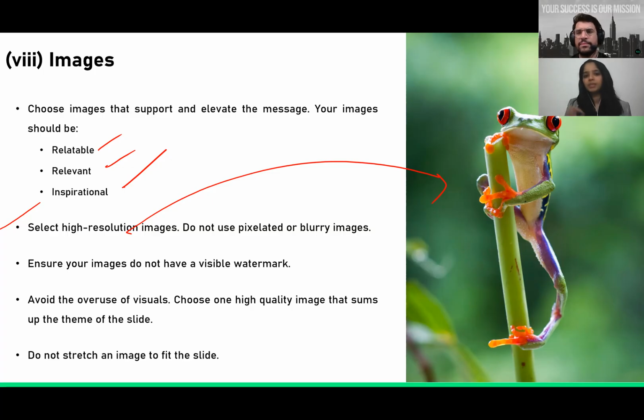Correct. What helps is the kind of search words that you put in. So what search words do you typically put in if you want to find an image? Again, it depends on what the objective of that slide is for me. So if it's a slide that we're talking about as the presentation skills,